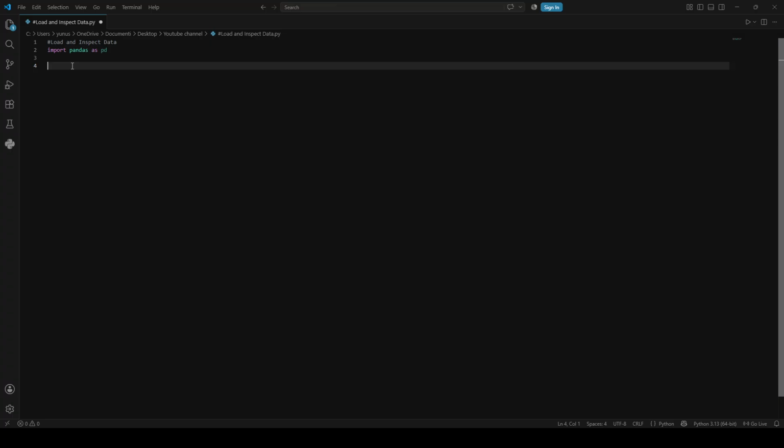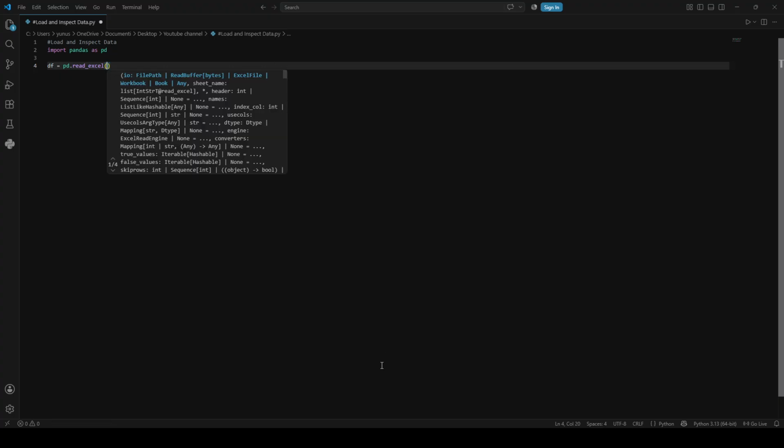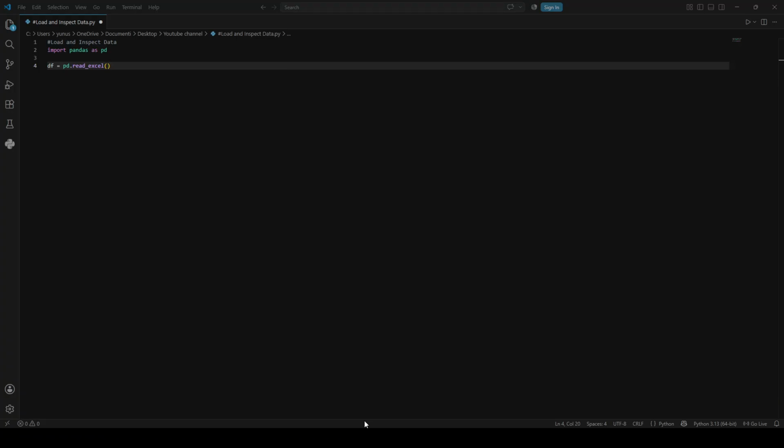It is possible to do that through read Excel or read CSV, based on the data that you want to import. Let's say that we want to import an Excel file, then we have to use pandas and then read Excel. Between brackets, we then have to paste the path of our file. So, for example, I want to